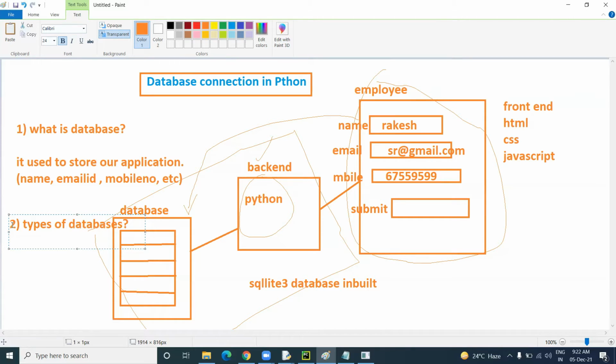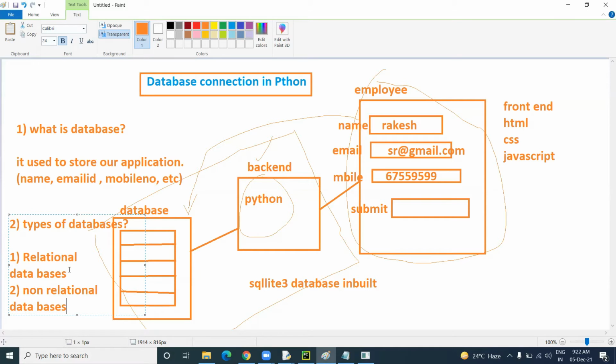We basically have two types of databases: relational databases, and the second one is non-relational databases. So these two are there.